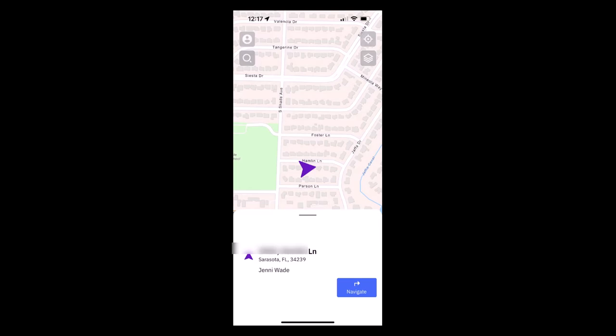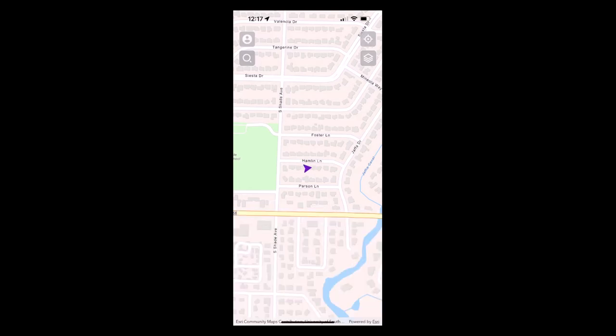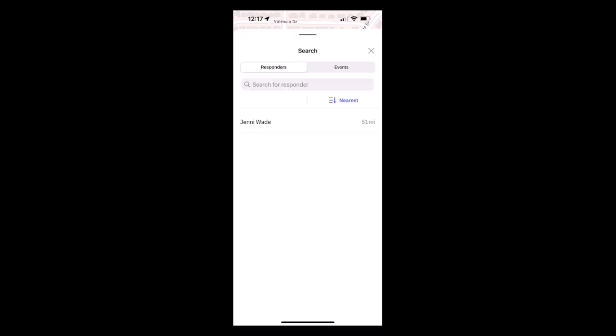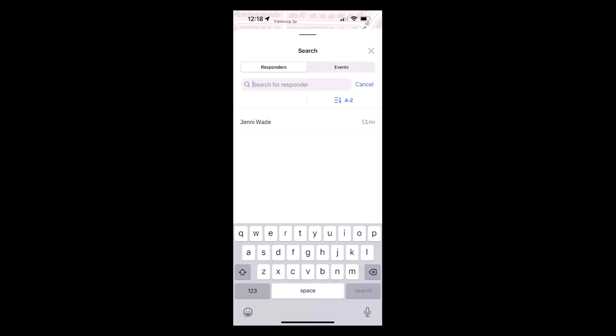I also have another way of looking up responders, and that is using the search icon. Upon clicking on the search icon, you'll see that I can see my responder listed. I can sort this via the nearest responder according to miles, or A to Z reference their name. As I only have one responder here, it's still only showing that one responder, but I do also have the ability to